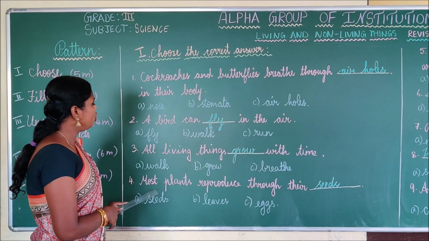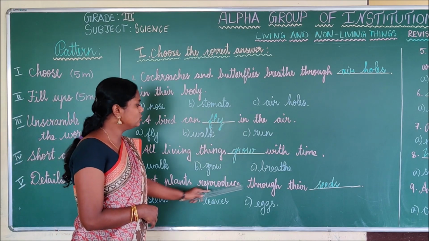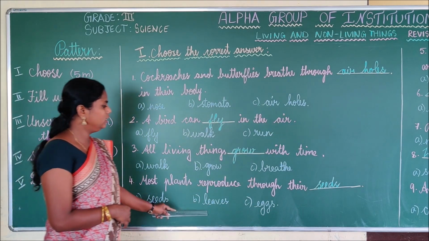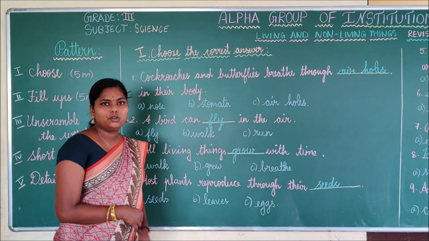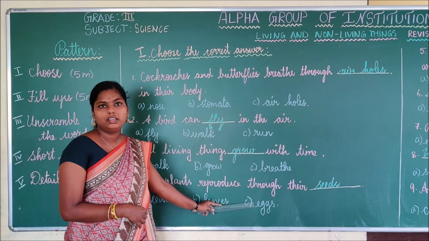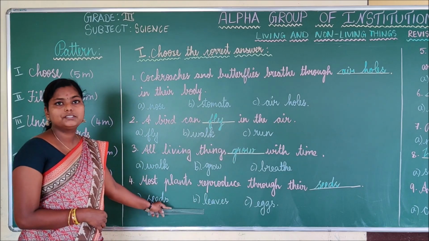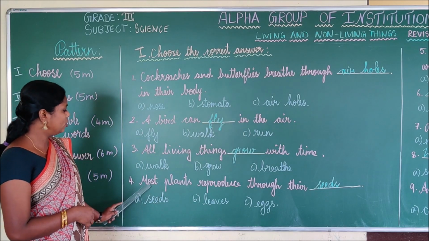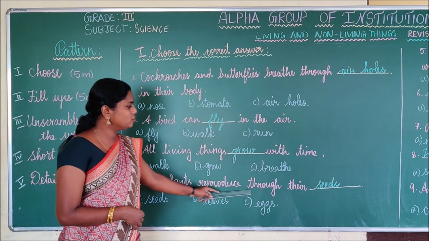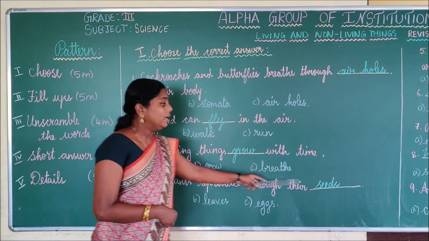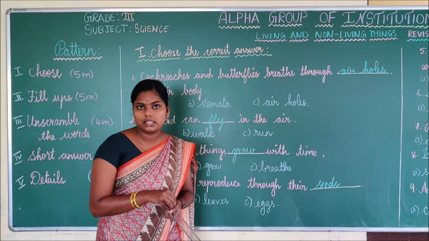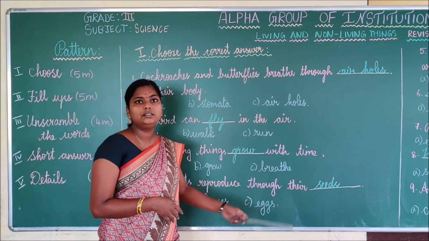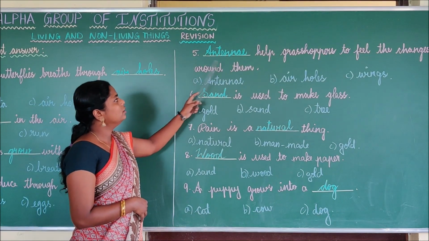Fourth one, most plants reproduce through their dash. Is it seed, leaves, or eggs? We all know that plants do not have eggs, and through leaves they won't bear fruits. They bear fruits from the seeds. So most plants reproduce through their seeds. Inside the seed the embryo is there and the embryo will give you a new little sapling. Is it clear, children? Fifth one, dash helps